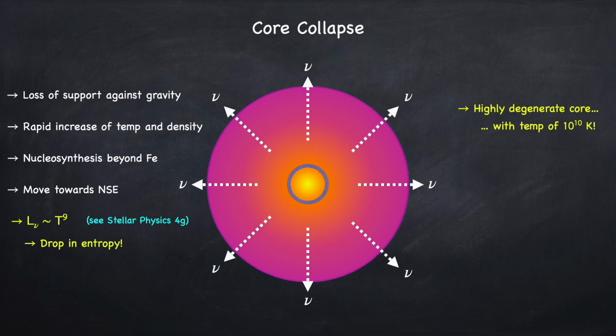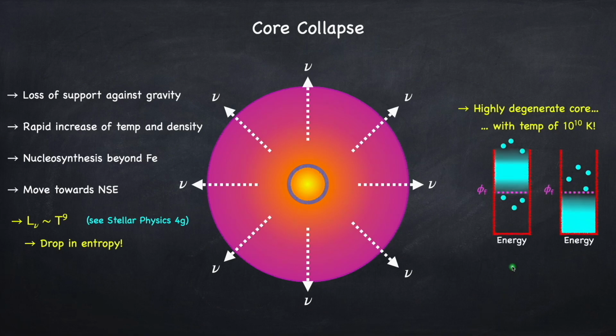But despite this high temperature, this core is basically frozen, because that's what degenerate matter is. It's essentially the coldest material you can get. So if we picture two different energy wells, the further up the well the material is, the higher energy